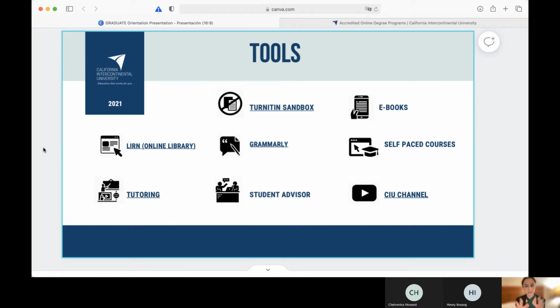Now, as I was talking before, the main tools that we give students here at CIU are the Turnitin Sandbox, which is a plagiarism checker, which comes in handy for graduate level students, because we only allow a 15% plagiarism percentage. So, you need to go ahead and upload your documents into the Turnitin Sandbox so that you are aware whether or not you are exceeding that percentage, and you can go back and check and edit before posting your